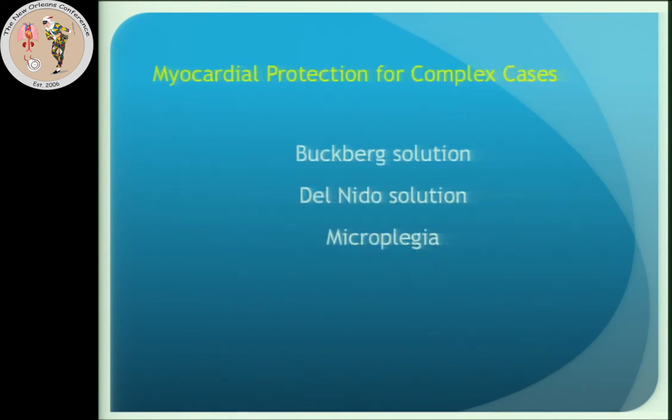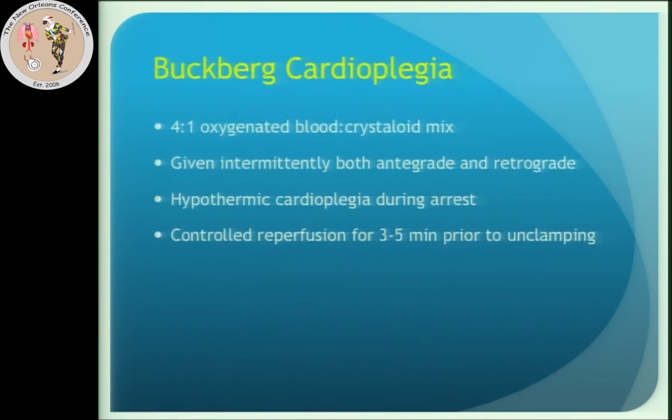So now I'm going to specifically limit the next bit of my talk to three solutions. I think this will be visited in a little more detail by the next speaker. But I'm going to talk about the Buckberg solution, Del Nido, and microplegia. So Buckberg,